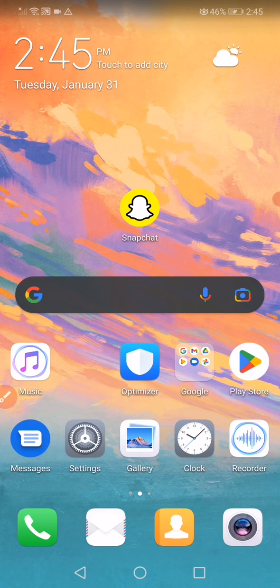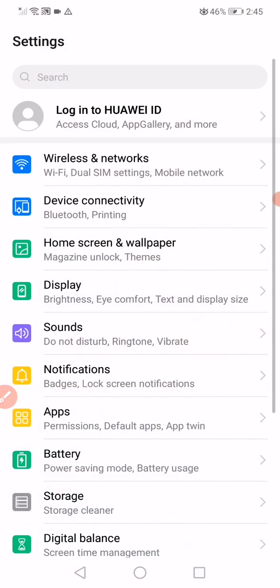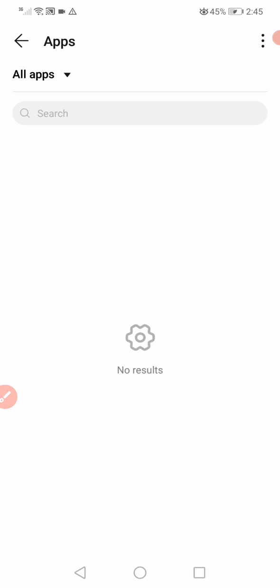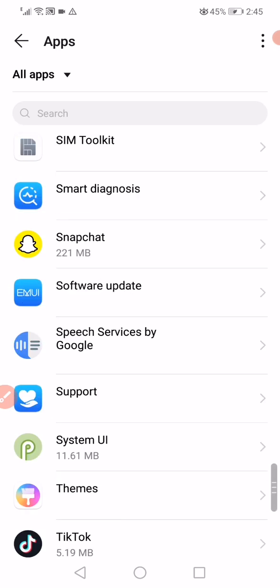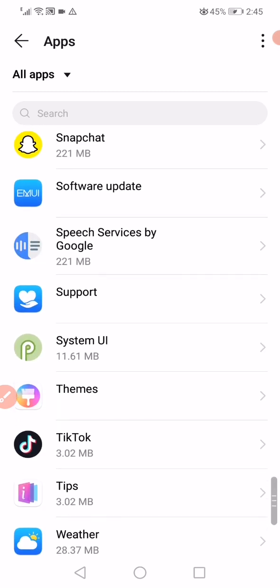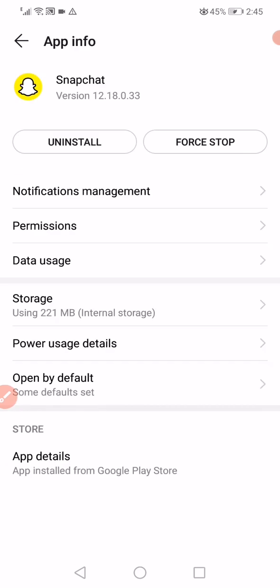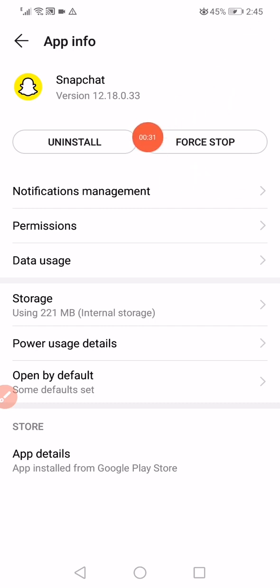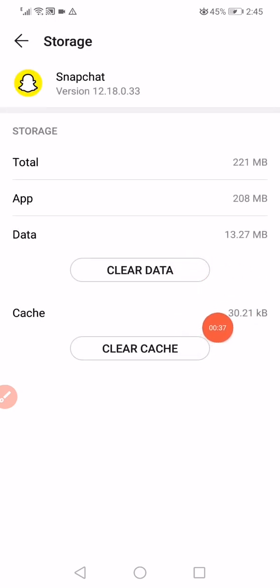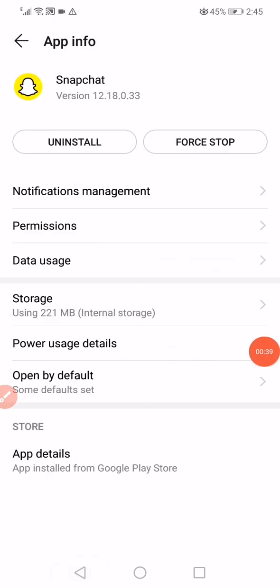Hello guys, so first thing you want to do is go to the settings on your phone, go to the apps manager. When you open the apps, now you have to wait, and after you wait a few seconds, now right here you will find all the apps that you have on your phone. Scroll until you find Snapchat and then click on it like this, and then click on this force stop here, and then go to the storage, click on clear data, clear cache, and after that what you want